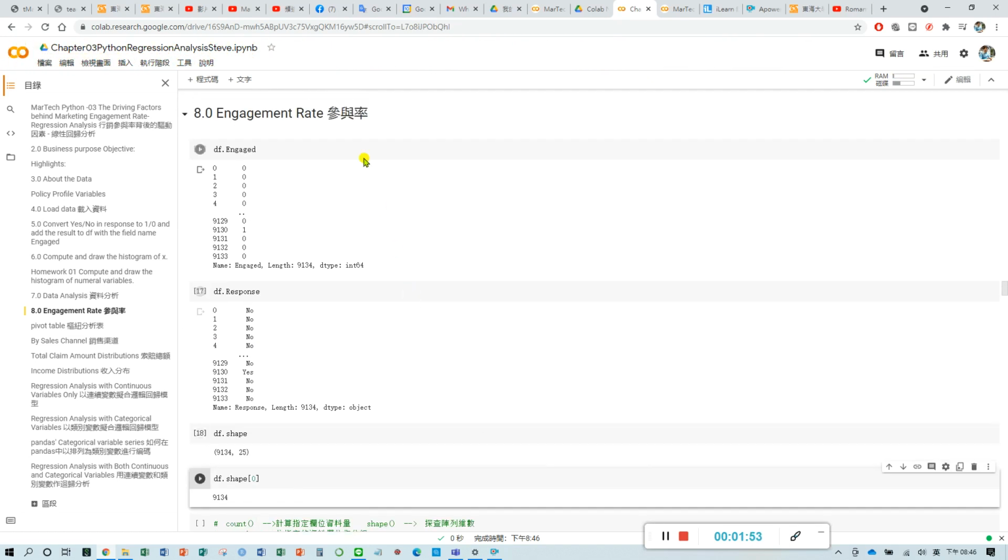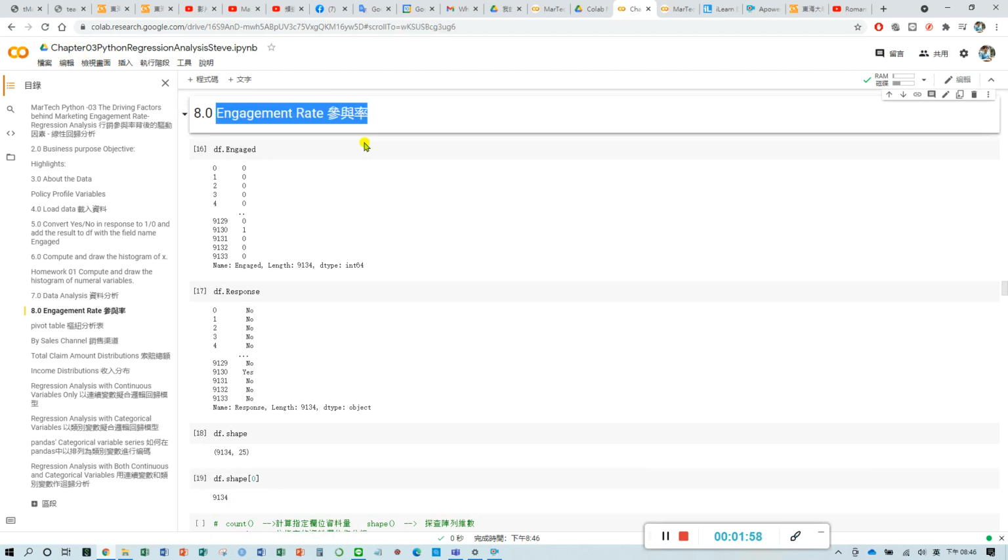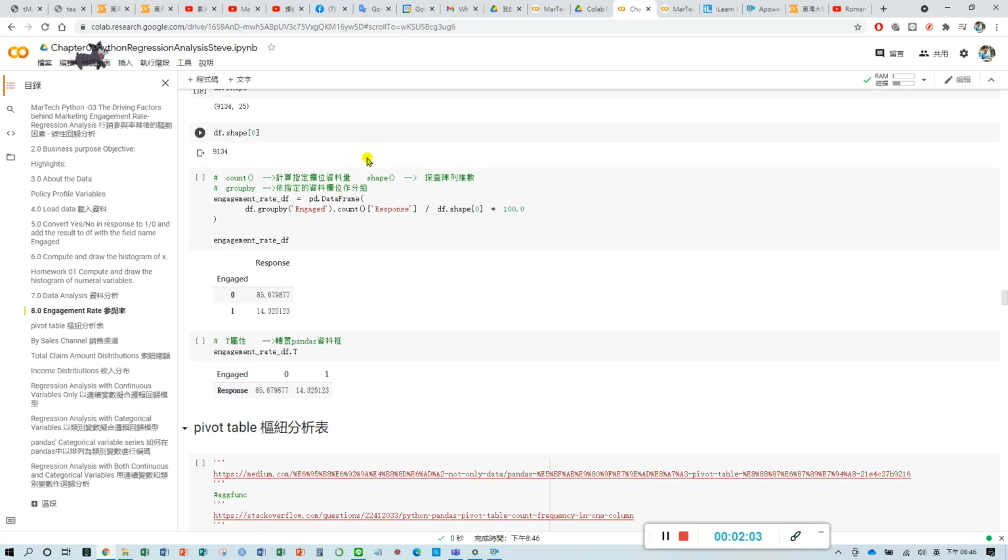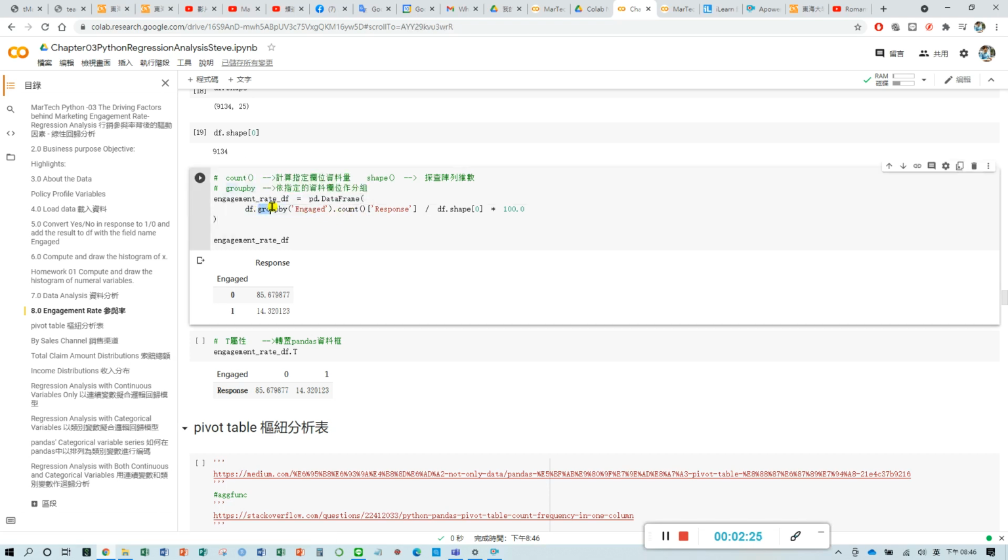Okay, so we are going to calculate the engagement rate. What is the engagement rate? It is whether your customer renews their auto insurance, so we have to calculate what percentage renew their car insurance. Okay, so we will do this one, group by. So we group by how many